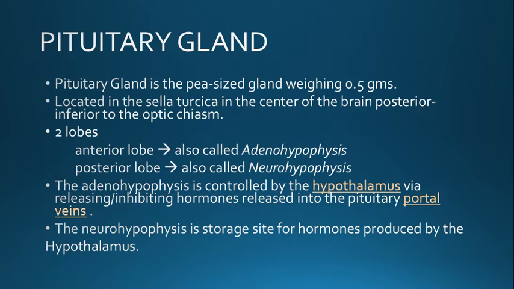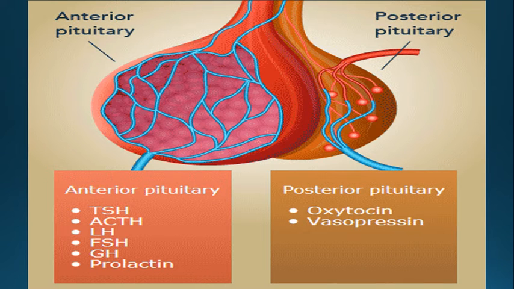Then, basically the pituitary gland has two lobes. Here you can see that this is the anterior lobe and this is the posterior lobe. The anterior lobe has portal veins arriving here from the hypothalamus, and it acts under the influence of the hypothalamus. The hormones that our hypothalamus produces travel to the anterior pituitary gland via these portal veins and stimulate the release